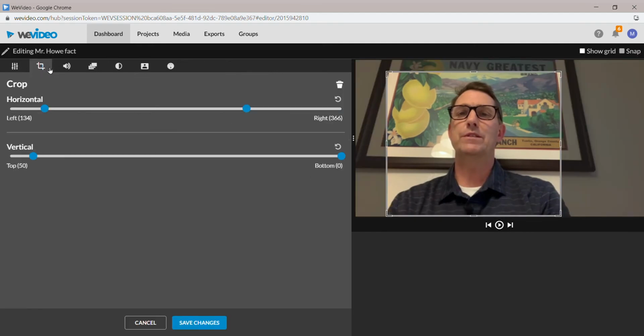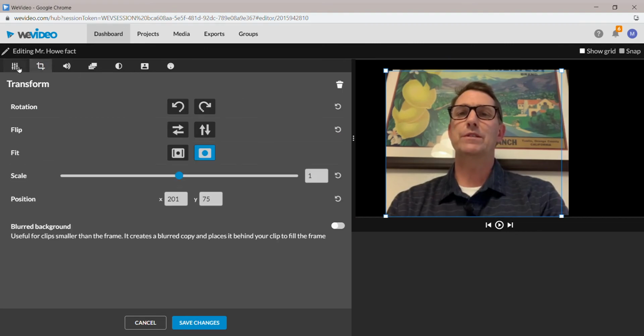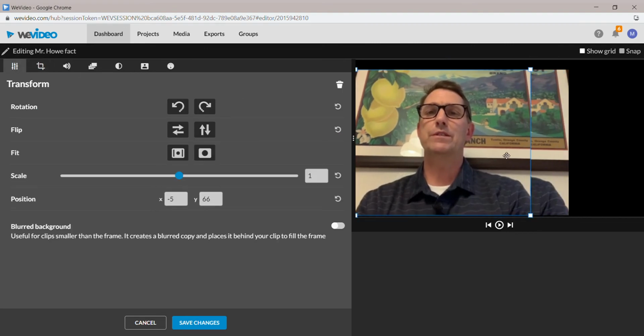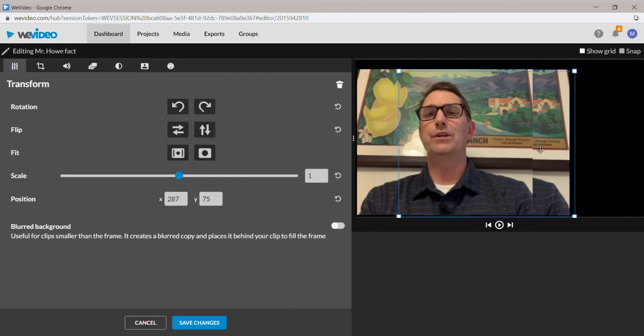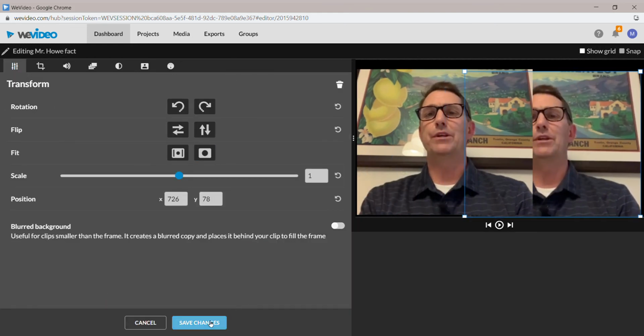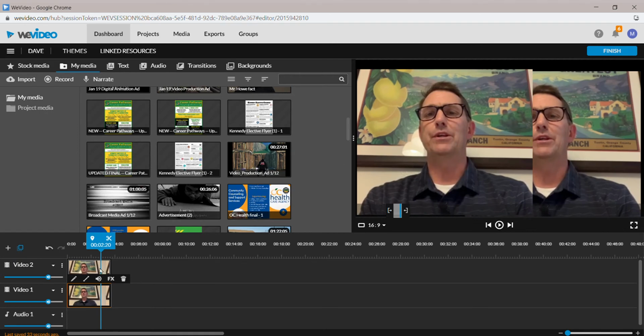Okay. So now I'm going to move one over so I can verify that there are actually two here. So get out of the crop. Be careful because this would still crop. Go back to transform, and if you notice, I shift that over, I can see that there are indeed two images. Okay, now they're still way too large, so I need to shrink them down, and this time I'm going